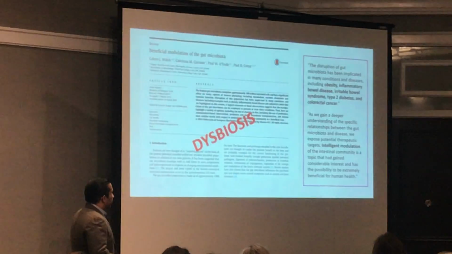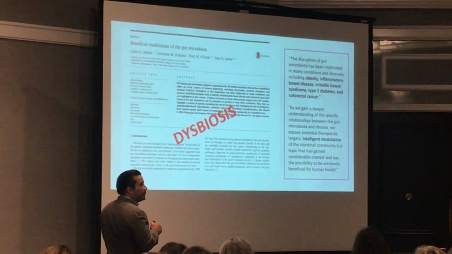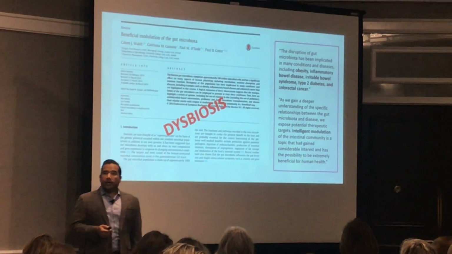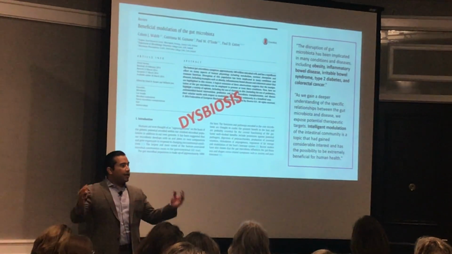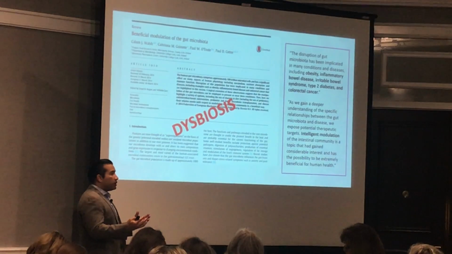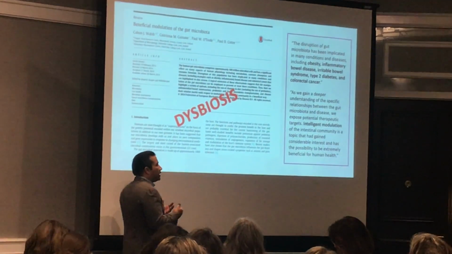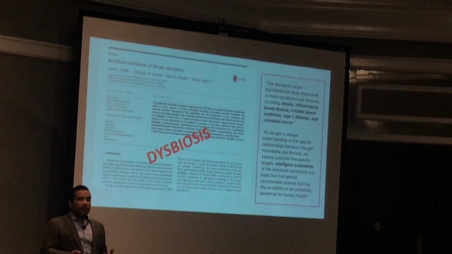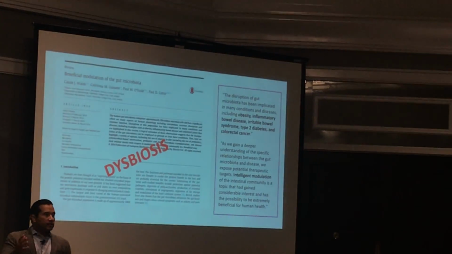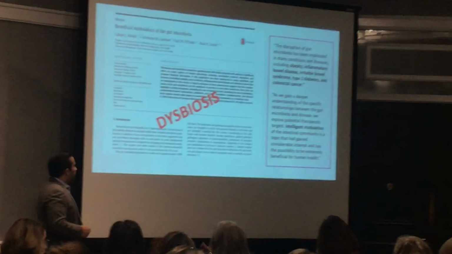So let me show you some studies. A lot of these studies I'll show you are review papers. Review papers are really important to look at because they are meta-analyses of all of the valid papers in the subject, and then they come up with a conclusion, because of course science is done through consensus, right? One single study doesn't prove a whole lot. You have to have a lot of supportive data that proves the same thing.